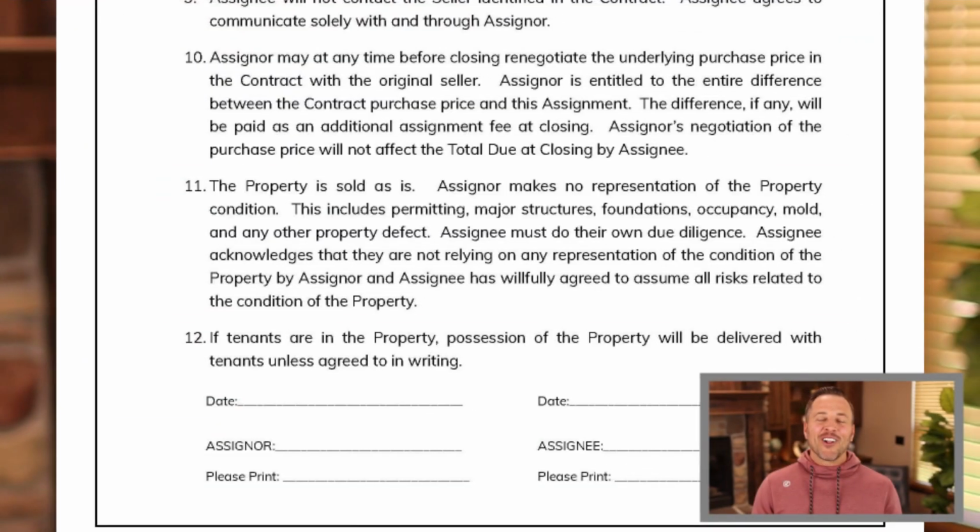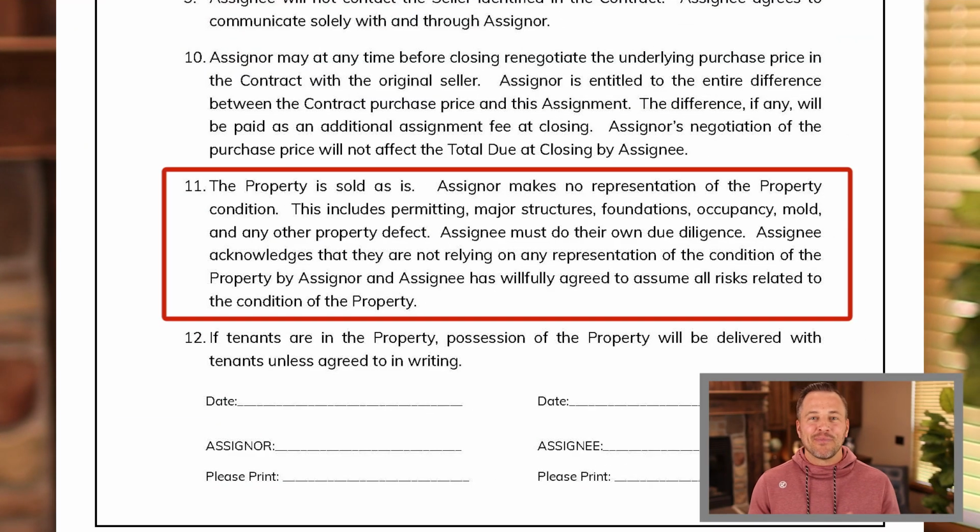Now, along with number 11, the point we just made about buying the home as is, you might have been thinking, wait, he said meth. Did they really buy homes with meth? Yes. I feel like an investor is the only one that can help them. A traditional buyer is not going to buy that. That's already scary. All you're thinking of is, oh my goodness, this takes so much money to rehab.